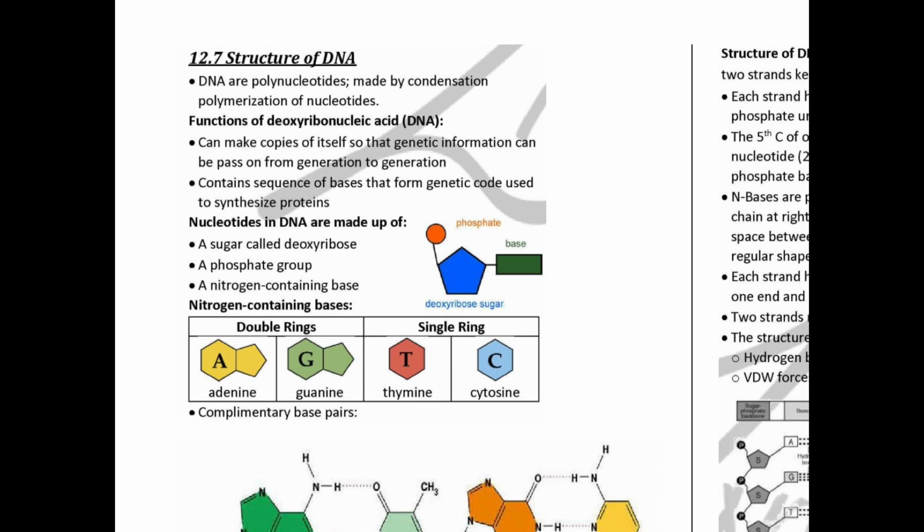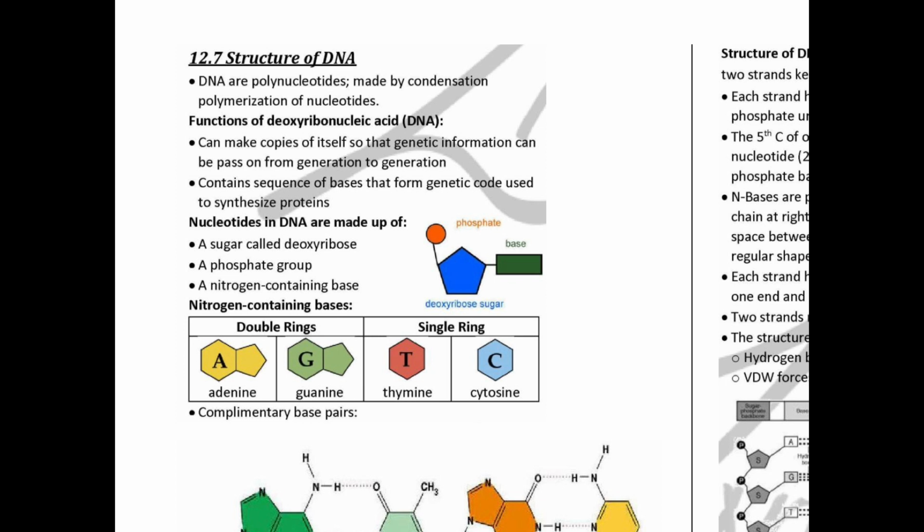So DNA are polynucleotides. Of course this is a polymer, and then the monomer is nucleotide. The polymer is polynucleotides. Okay, so we will look at the structures afterwards. So let's see what else. So they said here, make by condensations,